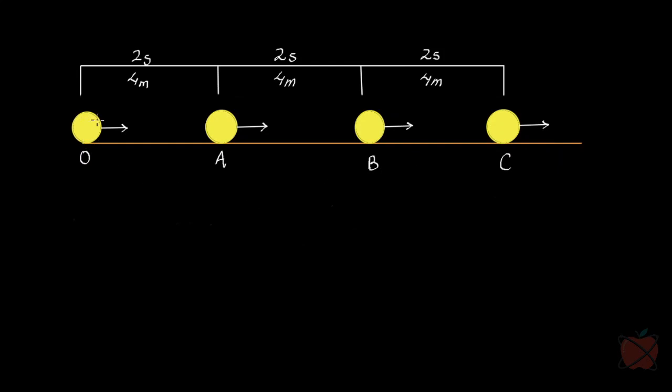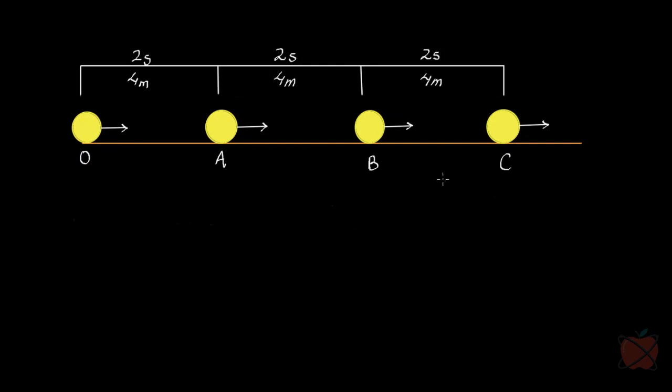Now if you look at this diagram, this ball covers the same distance, 4 meters, after 2 seconds. So that means it is going from point O to point A, a distance of 4 meters after 2 seconds. It is going from point A to point B, a distance of 4 meters after 2 seconds. And from point B to point C, a distance of 4 meters after the same time, 2 seconds. So we can clearly see from here that this ball covers the same distance, 4 meters, after equal intervals